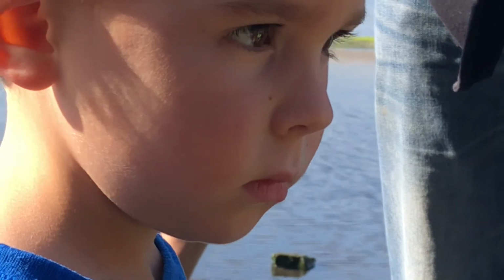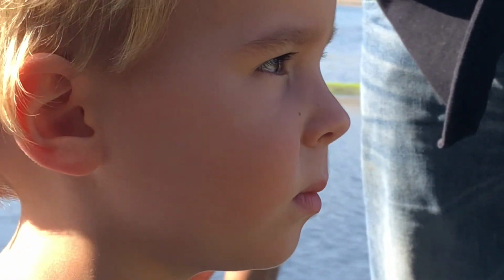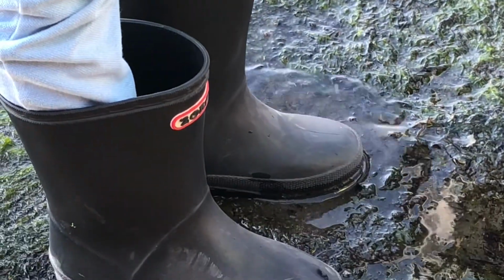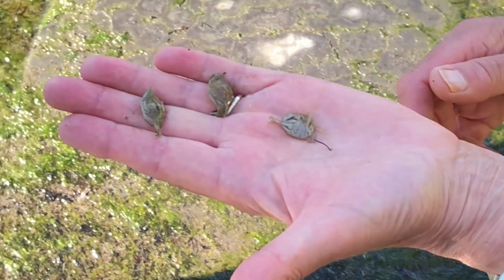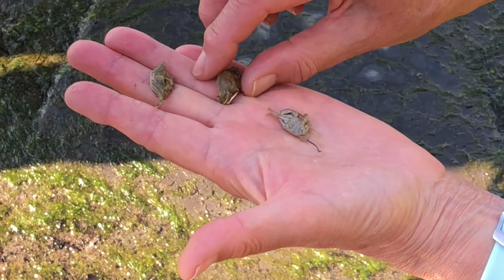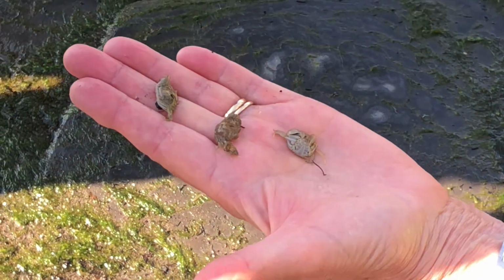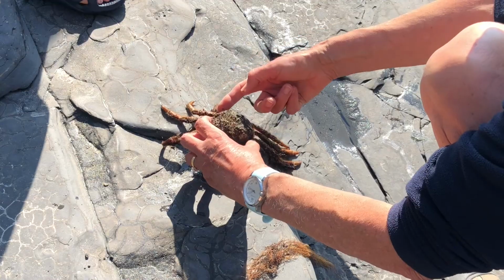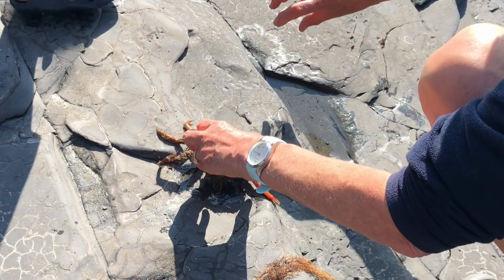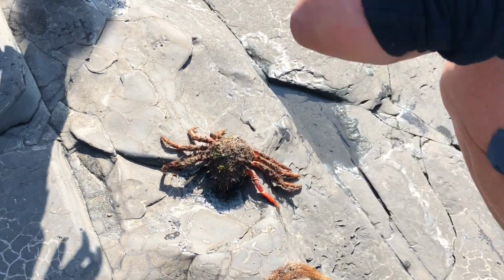What happens when you get too big for your clothes because you're growing so fast? You have to get new, bigger clothes, new, bigger wellies when your feet get too big. And the crab's the same, he has to get a new, bigger shell. So these aren't dead crabs, they're just the empty shells where they've molted. There's a seam at the back that they dissolve, and then they just ease themselves out, pull their legs out,